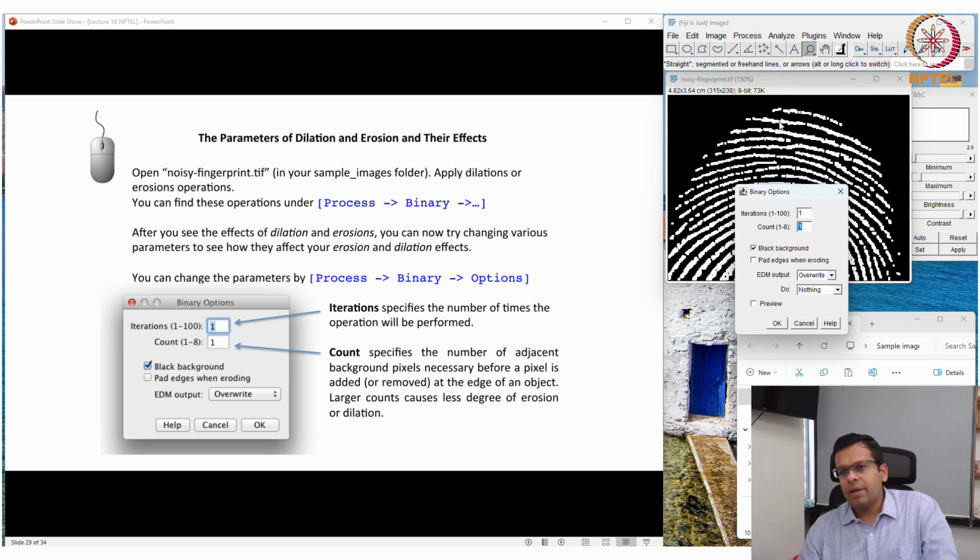Now let's say I keep adding a 1 pixel line to this line. Then what will happen after 2 or 3 dilations? Both these lines will merge. I do not want that. So I'll define that it should only do this if there is an adjacent black pixel available, or let's say 2 adjacent black pixels are available, then only will it perform this dilation function on this structure. That I can define.